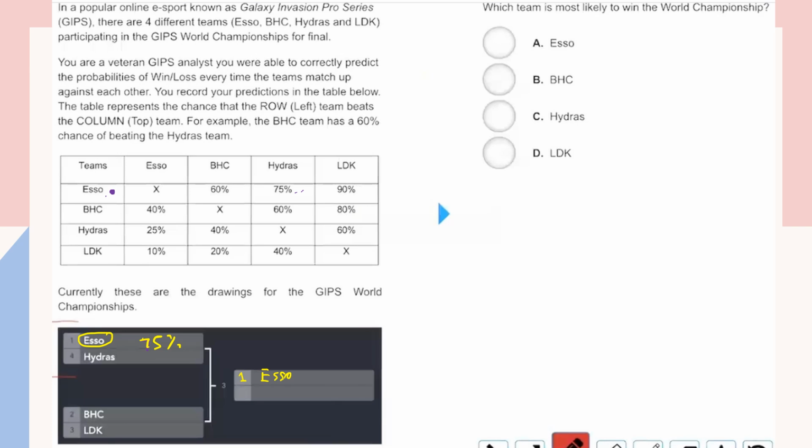Now we have in this thing, BHC versus LDK. BHC has an 80% chance of winning versus LDK. So we write for BHC,